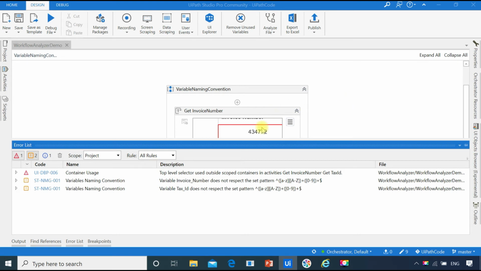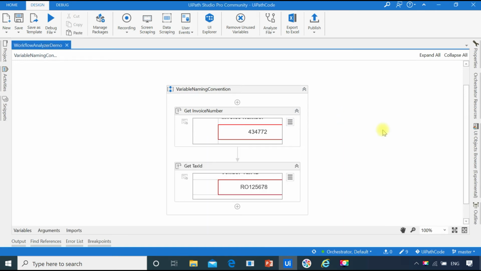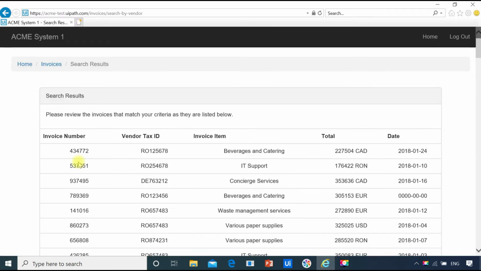We can see that the warning message is no longer displayed because we fixed it, and it is throwing another error message. The rule name is Container Usage: top level selector used outside scoped containers in the activities Get Invoice Number and Get Tax ID. Friends, both the invoice number and tax ID are in the same application window. Whenever you perform multiple actions in the same application window, the best practice is to use the Attach Browser